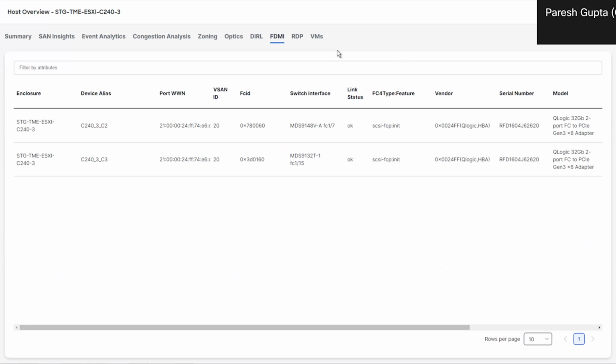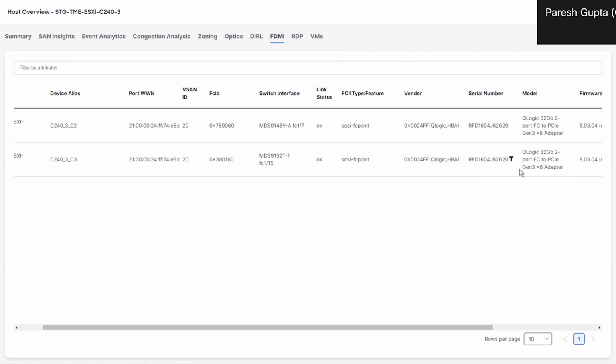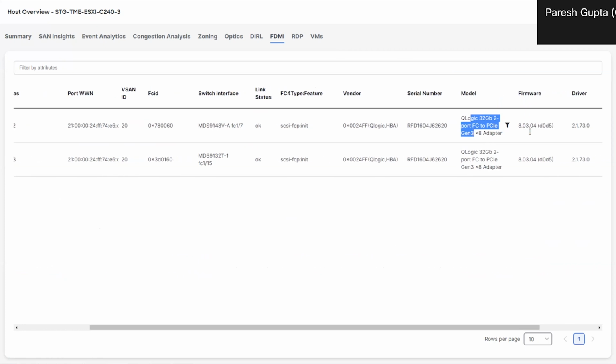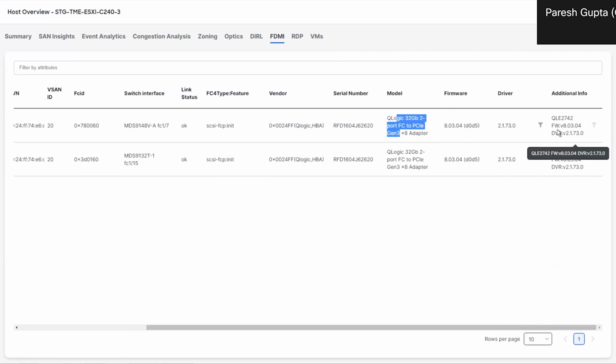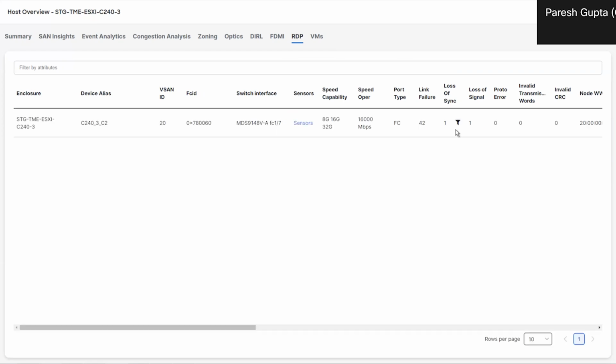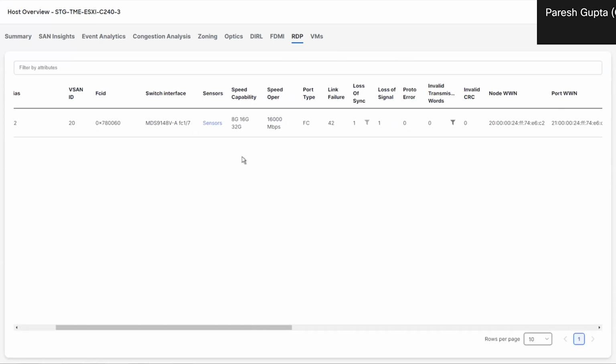You don't really have to worry about acronyms, honestly, but what's more important is that NDFC servers inline, without logging in to those end devices, can tell you what HBA they are running, what the firmware version is, whether it's an initiator or target, and all that. Then there's another feature called remote diagnostics parameter, or RDP, that tells you a lot more information about that end device. So remember this, if you click on the sensors,